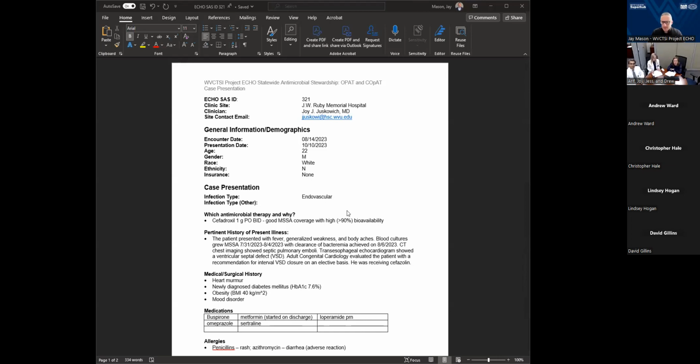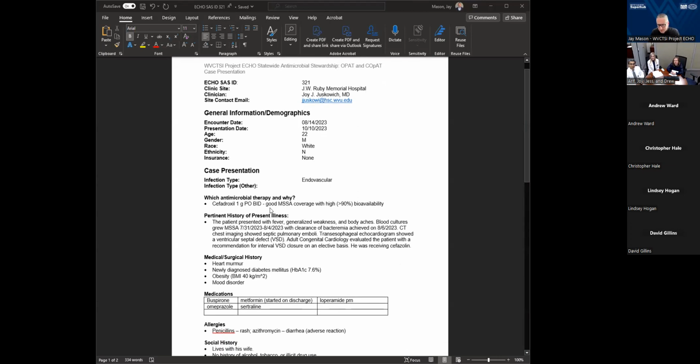Thank you. These are 2 COpAT cases. So I'm going to start out here. These are an endovascular infection, and I'm proposing a COpAT regimen of cefadroxil 1 gram twice a day. I'll get into this a little bit later, but it has good MSSA coverage and greater than 90% bioavailability. So moving on to the patient's history, the patient presented with fever, generalized weakness, and body aches, with blood cultures growing MSSA